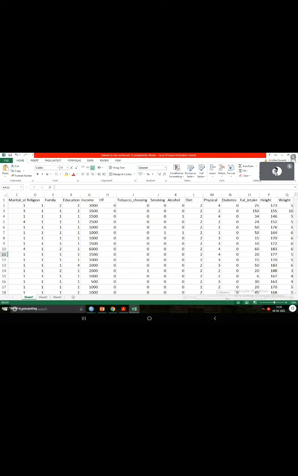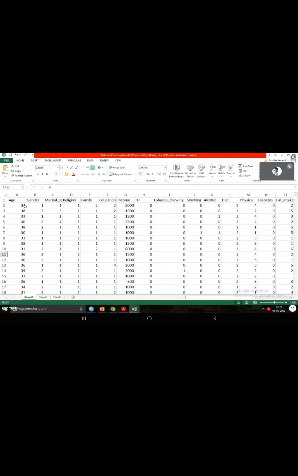The first thing is, whenever you have categorical variables in your questionnaire, for instance, you have asked people about their gender or marital status or religion, these are all categorical variables. Always enter the responses in the form of numbers. So you always have to give a code to each response of your categorical variable. Say, in this case, 1 represents male, 2 represents female. Okay, instead of entering male, MALE, or M, or any such character, it's always better you convert them to a code and enter the numeric. Okay, and you can do the same for all the categorical variables.